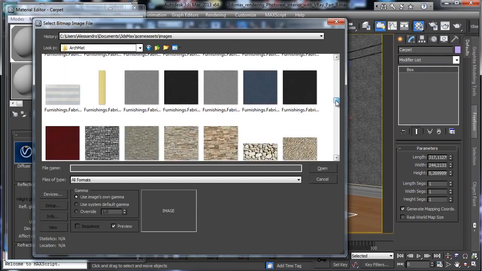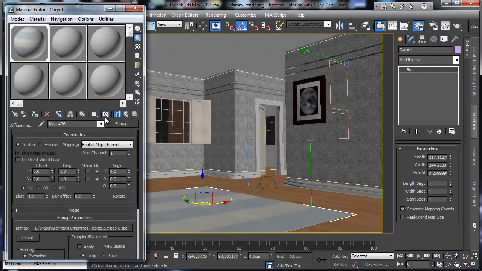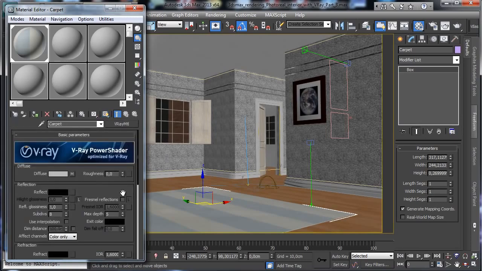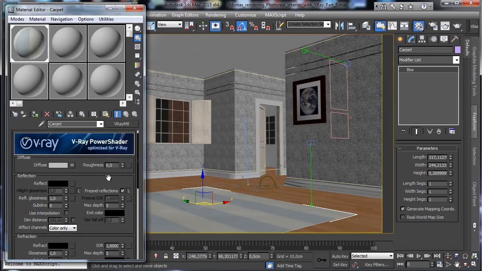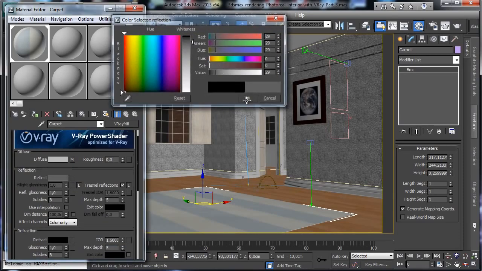Let's see there, because I saw something that maybe can be interesting. So let's see if this one is used at 90 degrees. Okay, with no blurring, and then we'll have a little bit of Fresnel reflection, just a little bit,